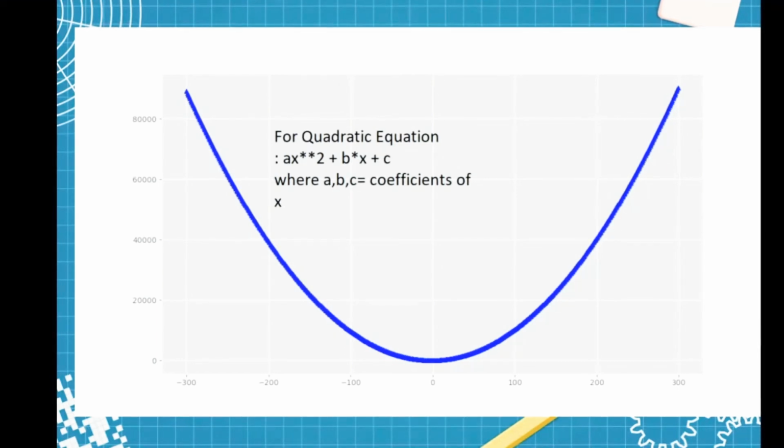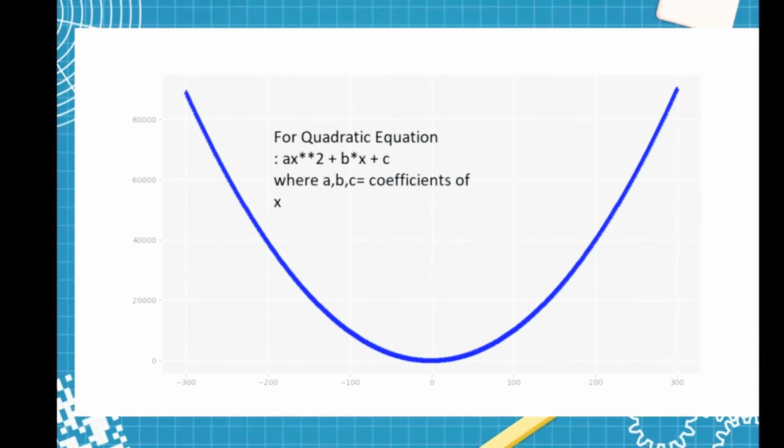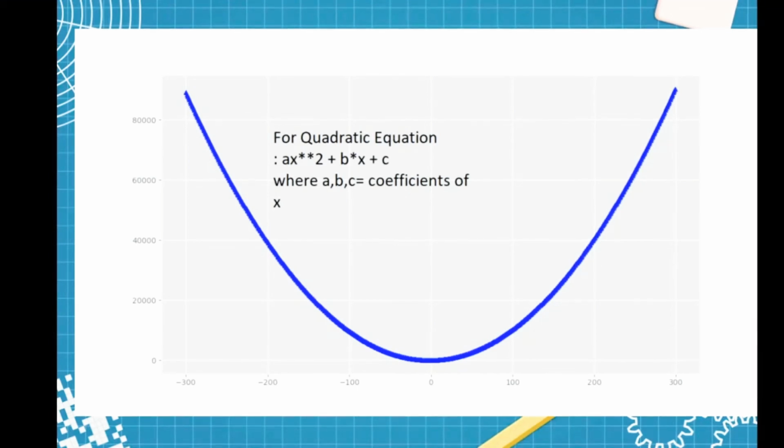So the degree of the equation is 2, and the number of coefficients of the equation is equal to degree plus 1. So in this case the degree is 2, so 3 coefficients are there, a, b, c. And when we plot this curve using some points in the range, we get this curve.